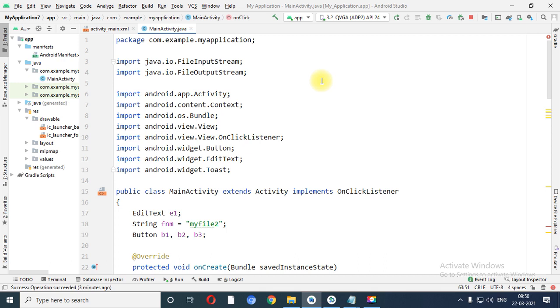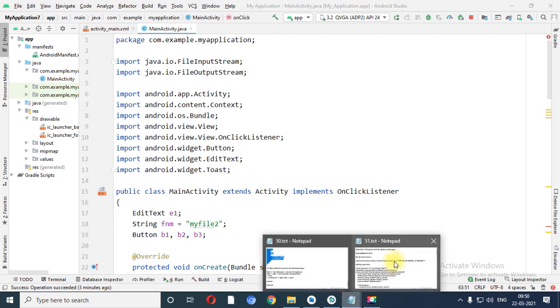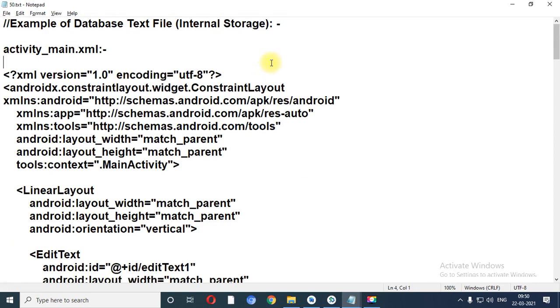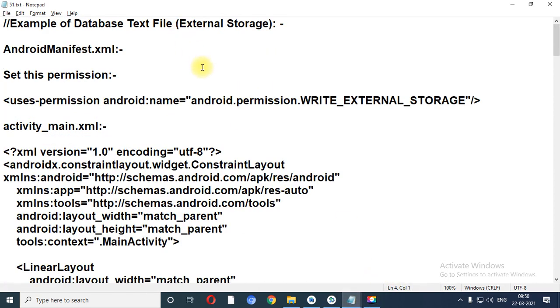Now there is another way through which you can store your file, that is external storage, right. So in external storage also you can store your data. So now let me explain the second program, which is based on the external storage. Now see, when you develop an application based on the external storage, at that time you need to take the permission